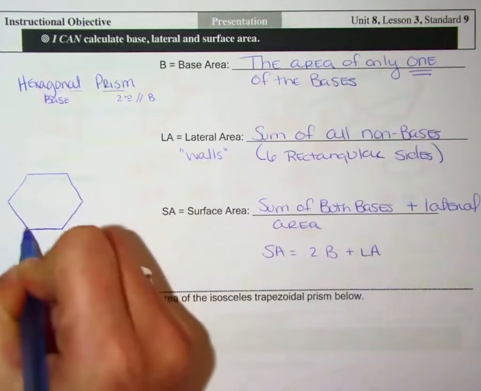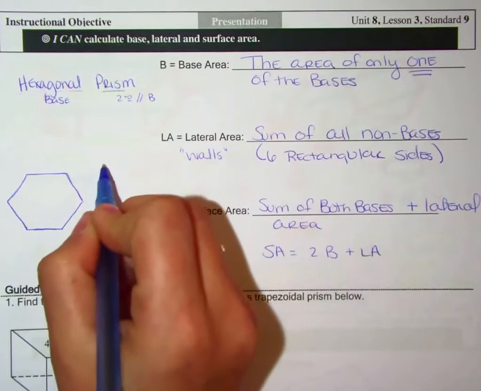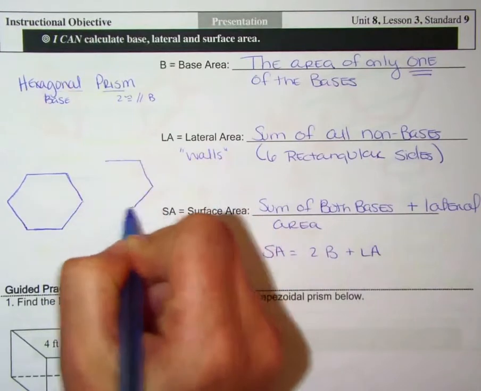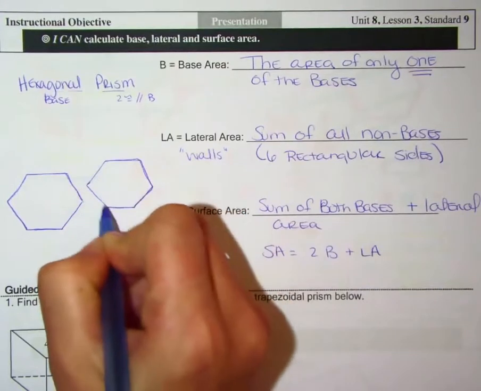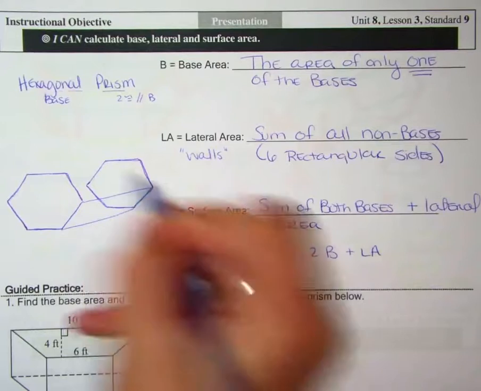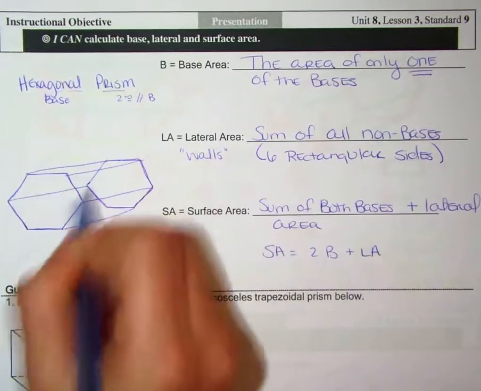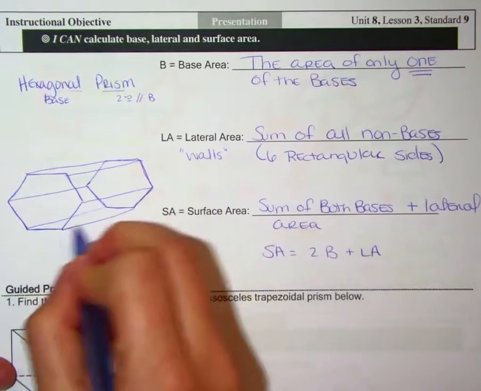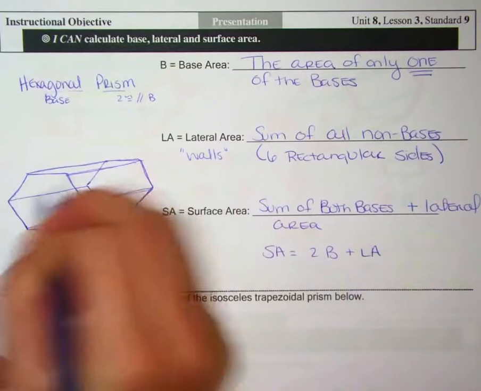It's not great. That's okay. Then I'll draw another congruent parallel hexagon. I'm going to do my best to make it congruent. And then it becomes a prism by connecting all of the vertices. And there you go. All right, so